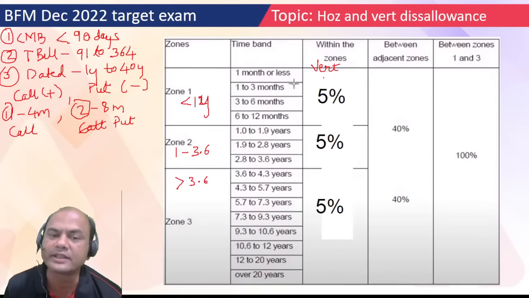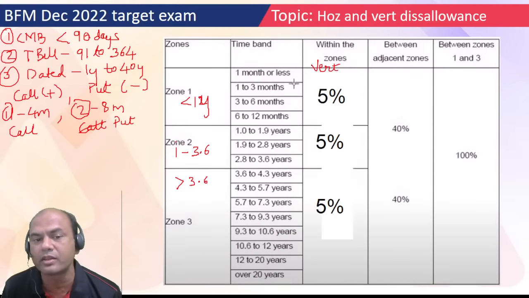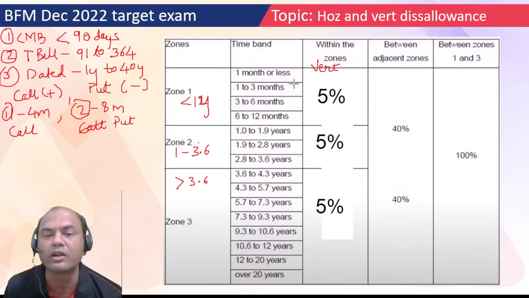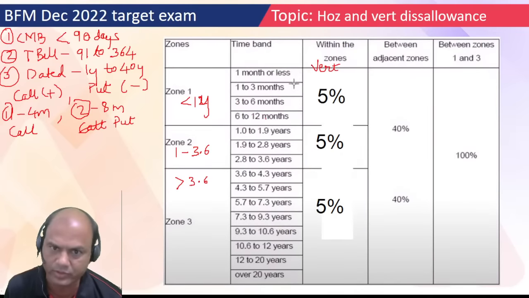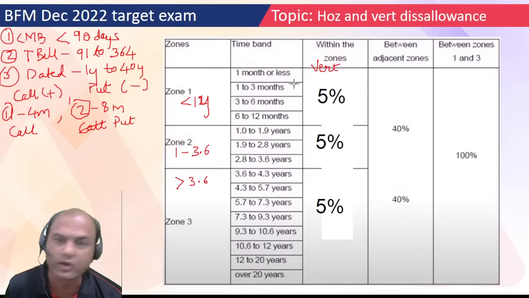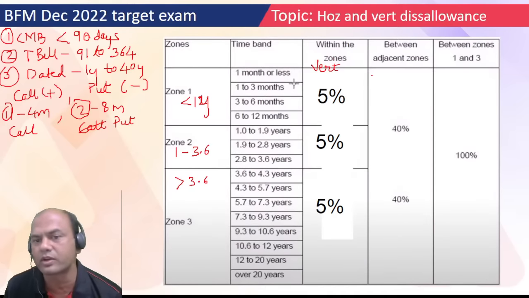And when I adjust in different zones, zone 1 and zone 2, very important, everyone keep everything aside. Focus only on whatever I am telling you. Very important part. You might not have read it anywhere else in the books, and even if you have read it, it never goes into our head. So whenever we adjust anything within the same zone, it's called vertical disallowance. Got it everyone? Vertical. Now we'll go to horizontal.